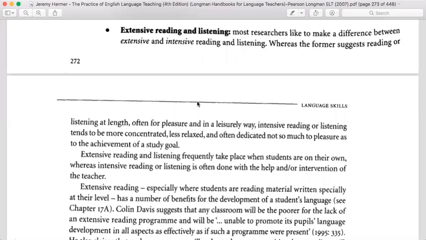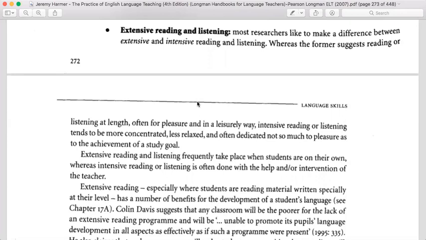And our English teacher wanted us to work on our skills, so she would give us some assignment other than what we were doing in the classrooms. Okay, so she would ask us to listen to the news and put our understanding down on a news register she asked us to make. So this is whether you're listening inside the classroom or outside the classroom, as far as extensive listening is concerned.